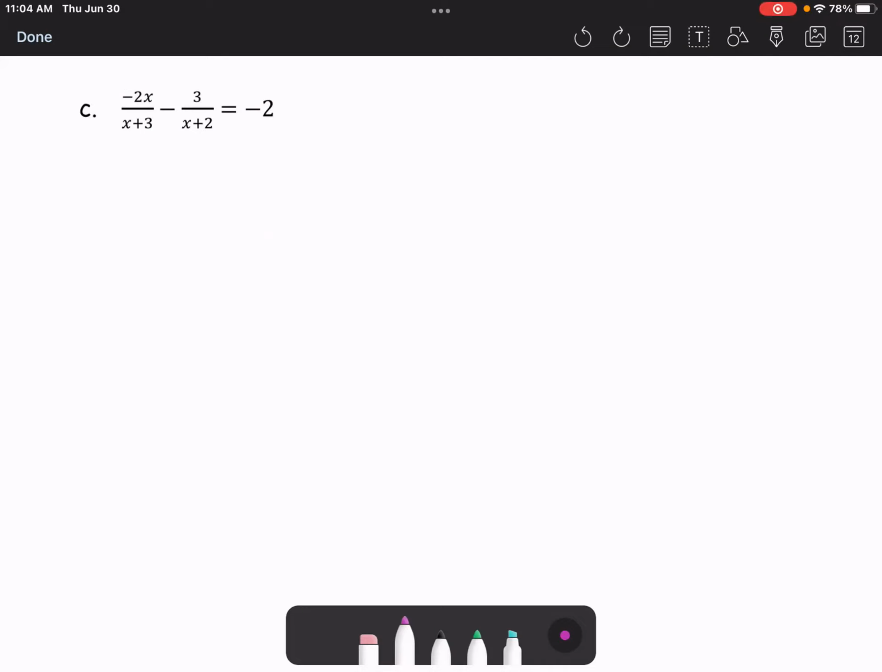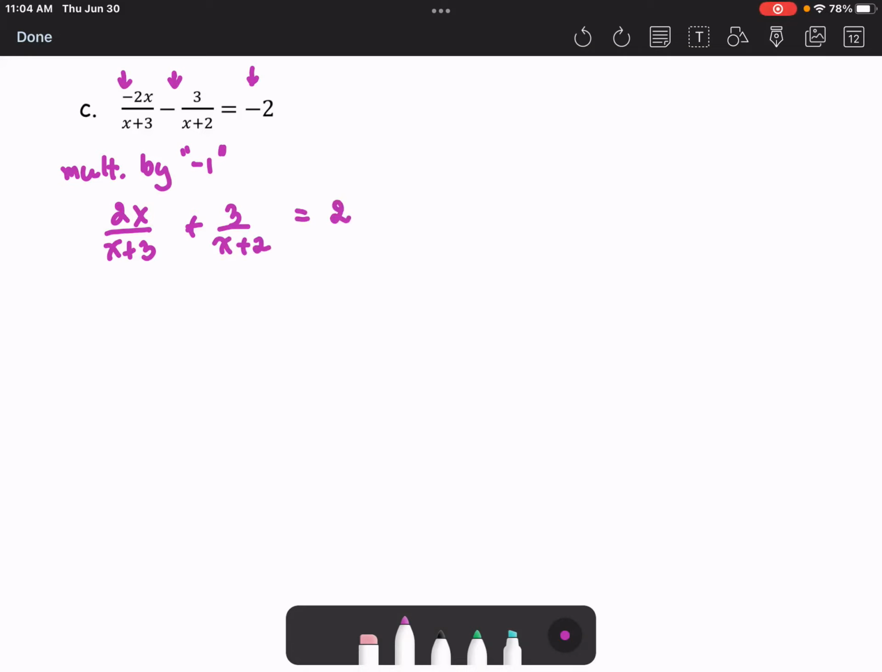For this example, we have negative 2x divided by x plus 3 subtracted by 3 divided by x plus 2 equals negative 2. As we notice, all the terms contain a negative sign. So we are going to multiply all by negative 1 to make the problem less complicated. Therefore, we get 2x divided by the quantity x plus 3 added by 3 divided by the quantity x plus 2